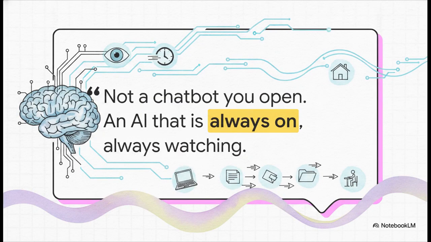My own entry point into all of this was stumbling across systems like Core from Red Planet HQ. And honestly, it completely shifted my paradigm. As they put it, this is not a chatbot you open. It's an AI that is always on, always watching. Modern AI doesn't just sit in a browser tab waiting for you to type a prompt anymore. When you run an AI operating system locally, it's proactively monitoring your digital life. It's an observer, catching events in real time and taking action before you even realize something needs to be done.